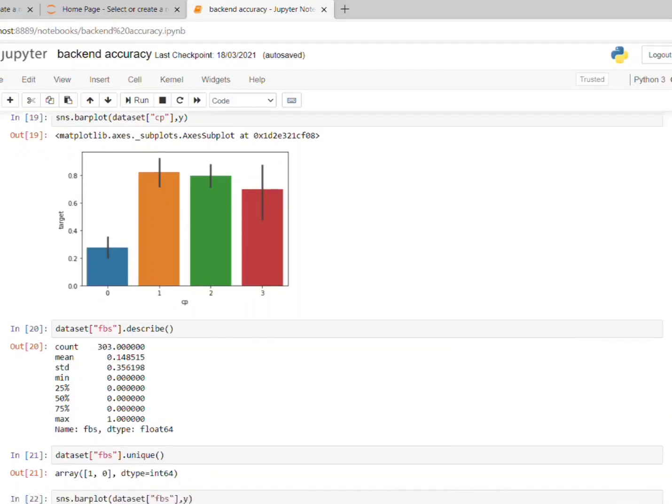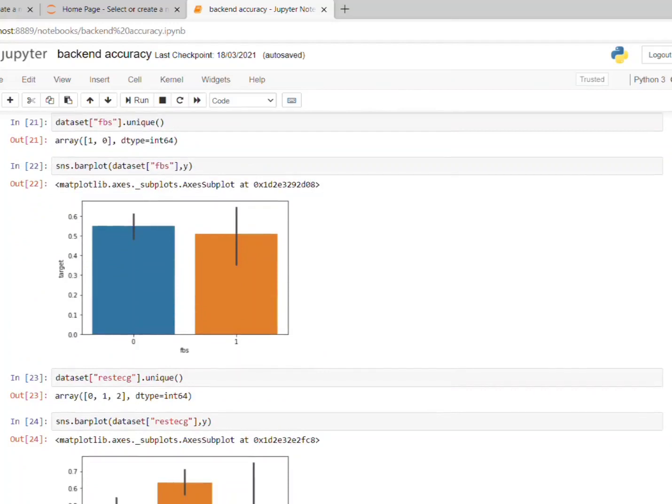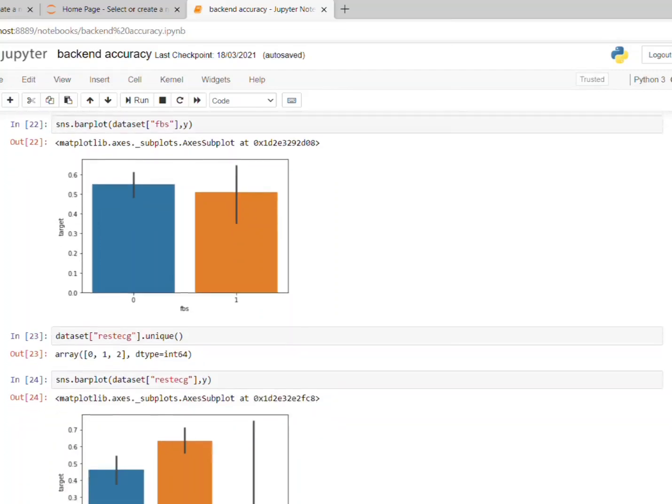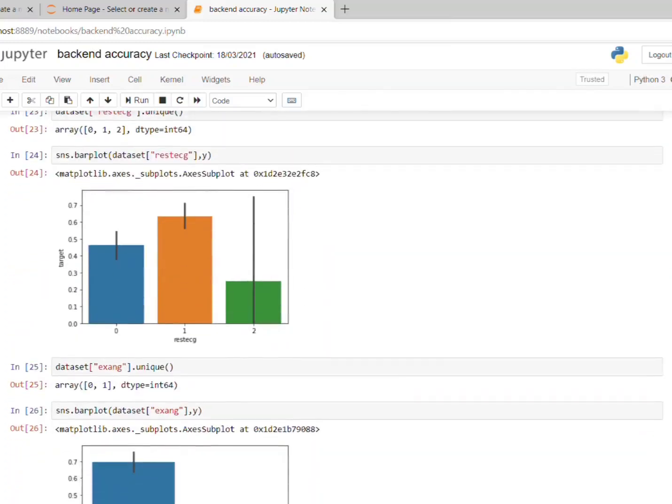And here we can see that the people having FBS greater than 120 mg, that is 0, is very high as compared to the people who are having FBS less than 120 mg. And here from the above bar plot we can clearly say that FBS does not have much effect on heart problems. And here we can clearly see that people having type 0 and type 1 is almost the same,